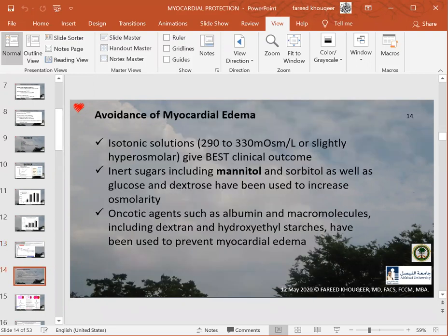Avoidance of myocardial ischemia is very important. So if you use an isotonic solution, which is around 300, you will probably have the best outcome. We use for that inert sugars like mannitol, which you will find in many of the solutions that we use for cardioplegia. Sorbitol, glucose, and dextrose have been used. Also dextran and hydroxyethyl starches have been used. And all of these aim to reduce the edema by improving the osmolarity of the fluid that we use. If you use hyperosmolar fluid,